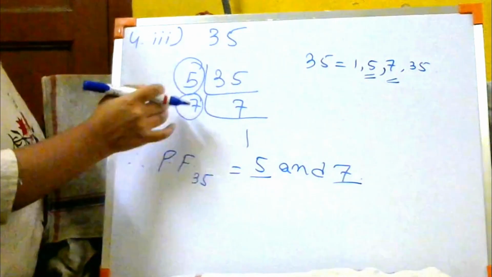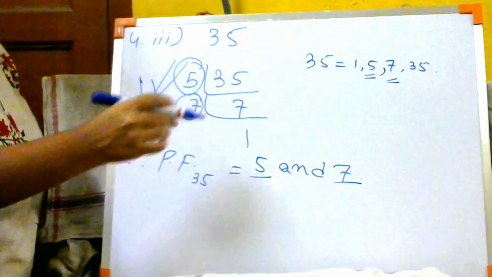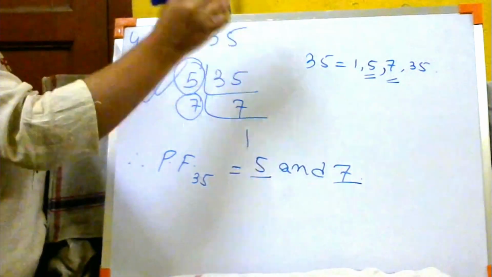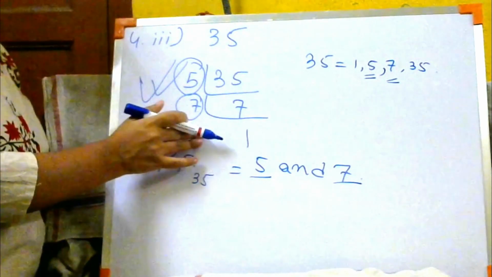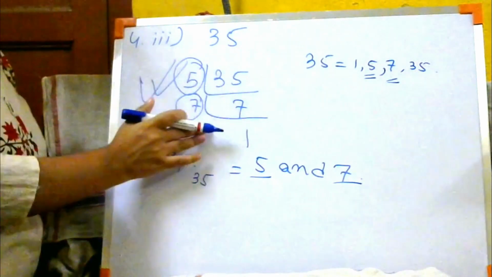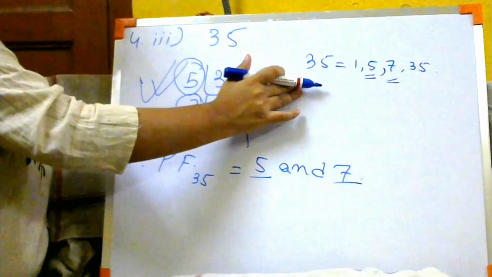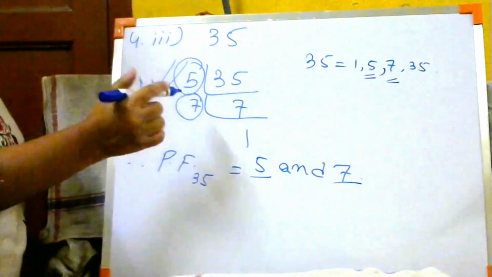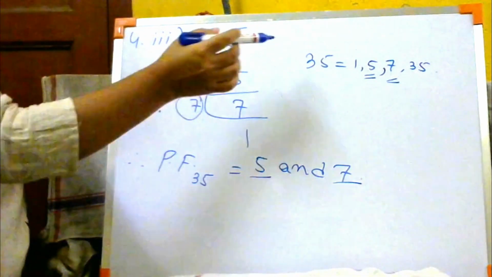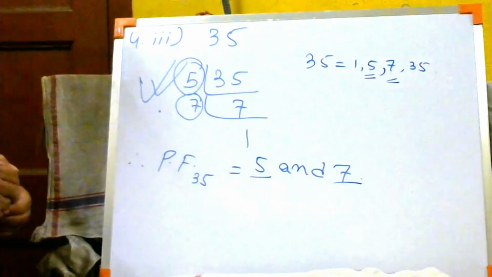So whichever process is easier for you, you can do that. I guess this process is much easier than that process, because over there you have to keep it in mind, and over here you can do it with a pen and pencil. You can do it in your copy, so it is completely visible to you rather than keeping it in your mind, because our mind is forgetful, isn't it? So it is better to keep it in the copy with your hand. Clear? So I will support this method as much better than that method, because there is a chance of making a mistake. Now it's up to you.